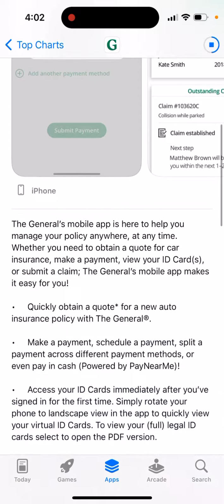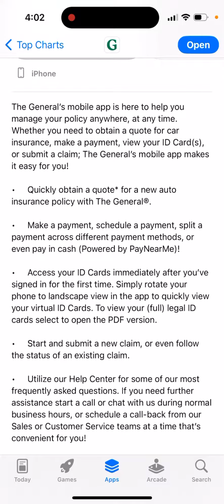General's mobile app is here to help you manage your policy anywhere at any time. Whether you need to obtain a quote for car insurance, make a payment, your ID cards, or submit a claim, General's mobile app makes it easy for you. Quickly obtain a quote for a new auto insurance, make payments, schedule payments, split a payment across different payment methods, even pay in cash, access your ID cards immediately after you've signed in for the first time, start and submit a new claim,